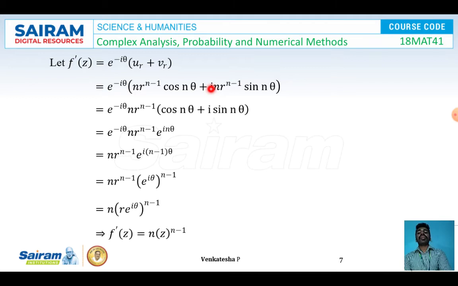I can take n r^(n-1) as a common factor. I got e^(-iθ) n r^(n-1)[cos nθ + i sin nθ]. This cos nθ + i sin nθ can be put as e^(inθ). So I got n r^(n-1) e^(i(n-1)θ). So I got n r^(n-1) (e^(iθ))^(n-1), I can write. Since here the powers are the same, I can combine these two. So I can write n (r e^(iθ))^(n-1),